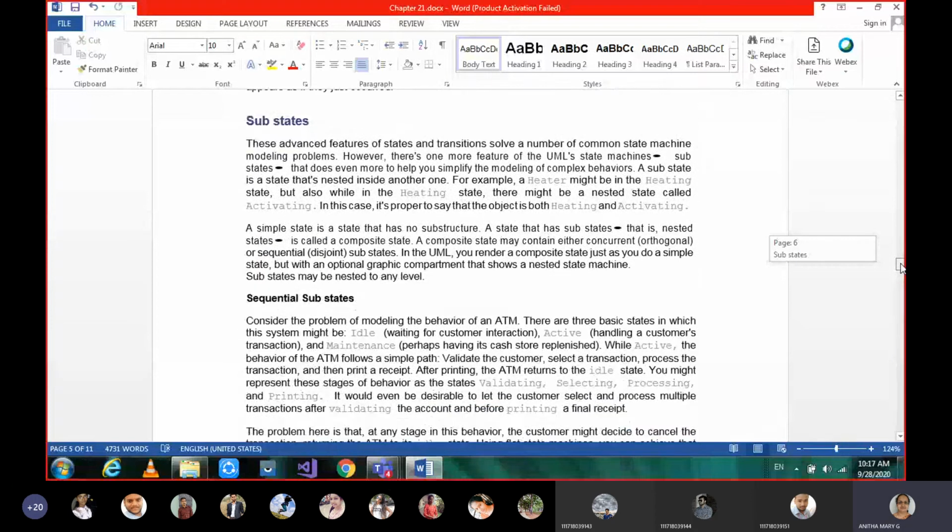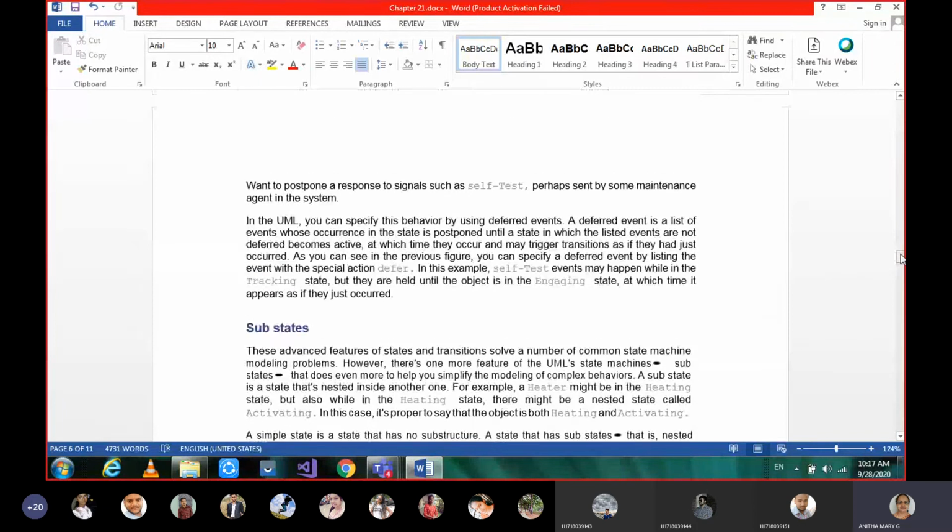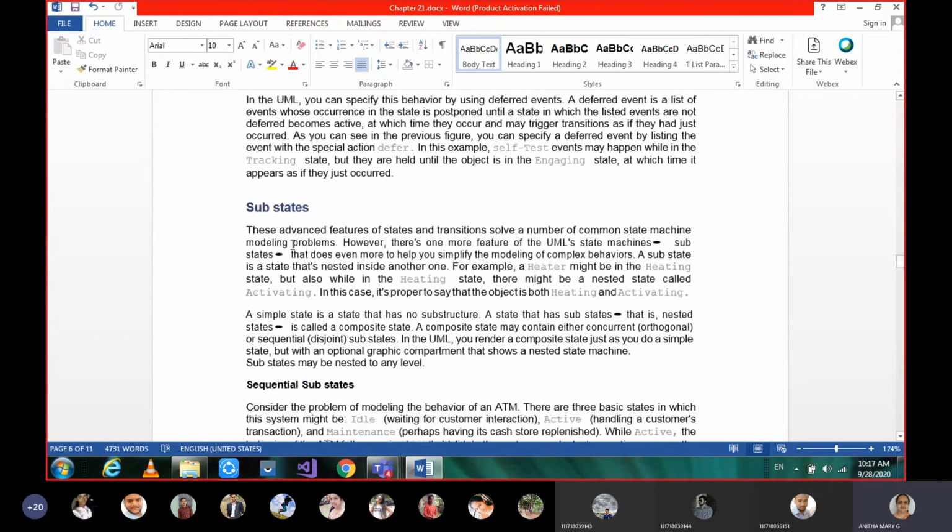And substates: a state which can be decomposed, we can call those substates. The fifth terminology under state machines is substates.